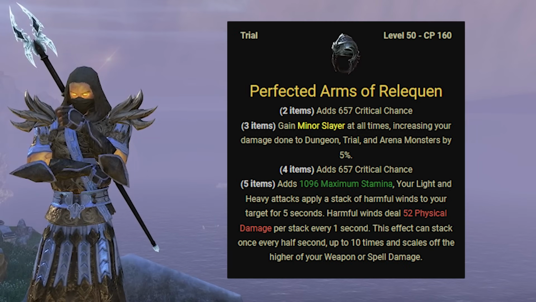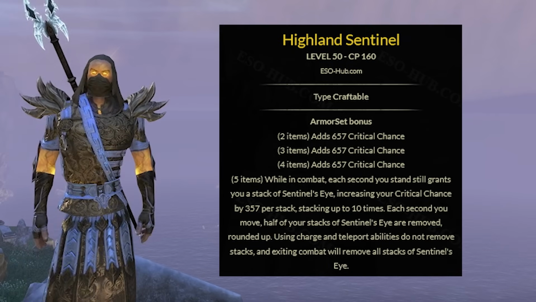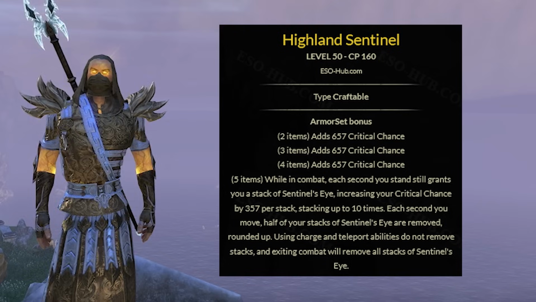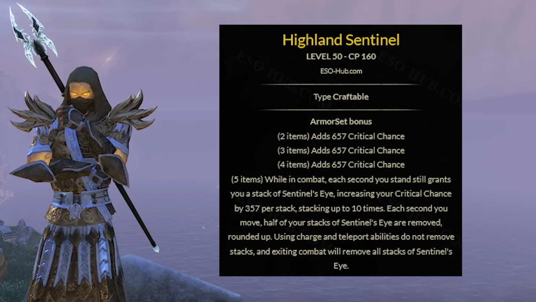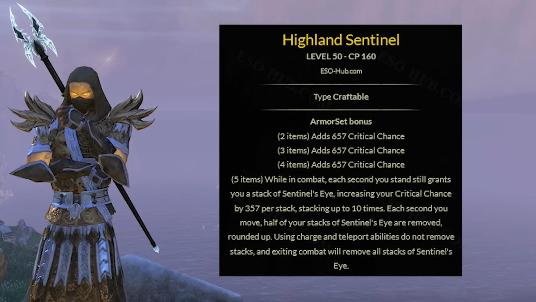Reliquin comes from the trial Cloud Rest and simply deals stacks of damage whenever you light attack, so maintaining a regular rotation will maximize your damage with this set, and Highland Sentinel is a craftable from Gold Road that can sound a bit niche, since maximizing damage with this set requires you to not move, but people really freak out too much about this. The set's 2 to 4 piece bonuses alone make it competitive with other meta options, so